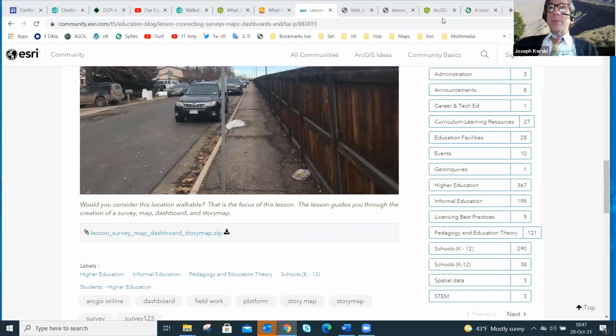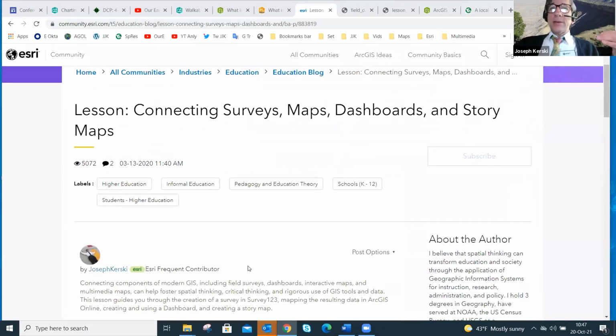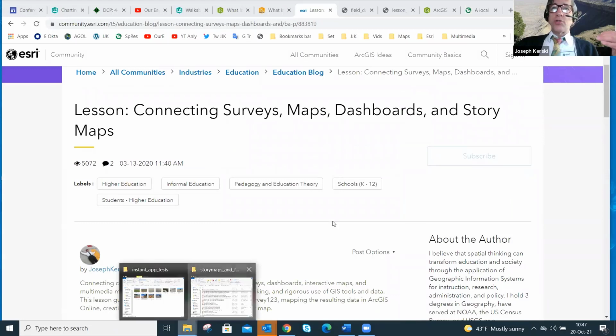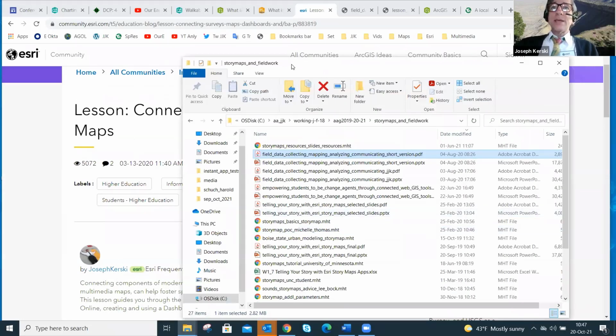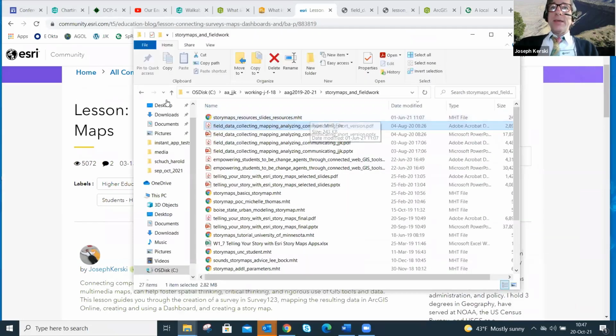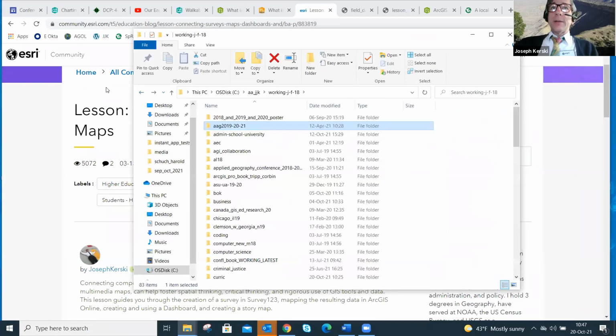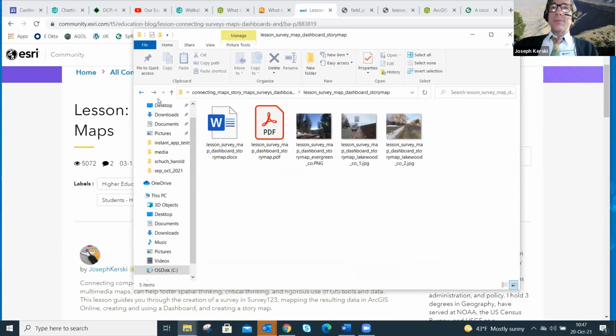Excellent, super. Okay, so if you unzip that, you're going to get a folder on Joseph's hard drive. Scary. Hopefully you're seeing a couple of folders, and in this folder, once you unzip that file, do you see these five elements? You're going to get a lesson. Looks great, Joseph. Okay, we can see it.